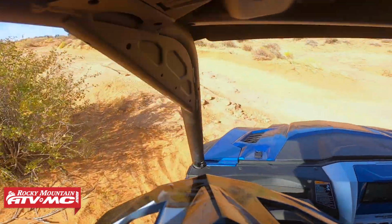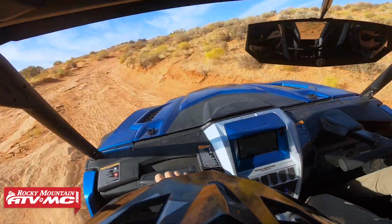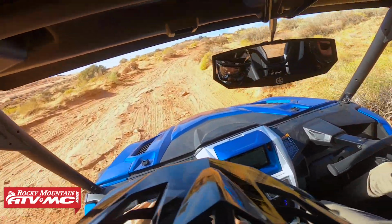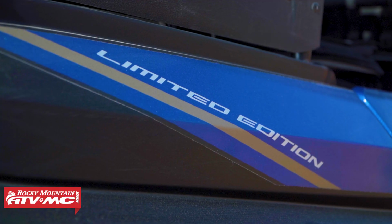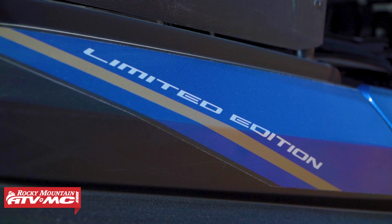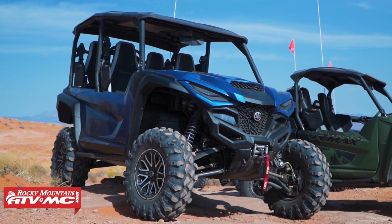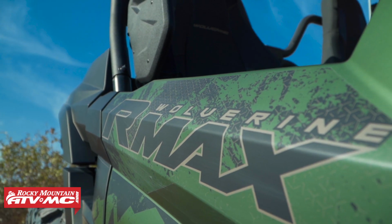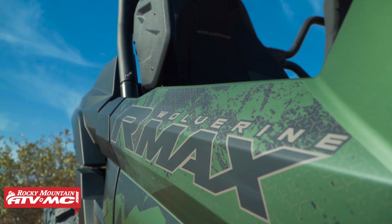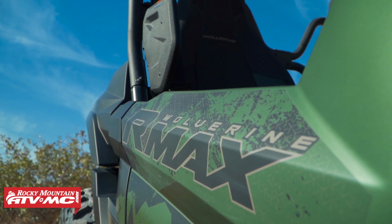All right, so we're in the machine for the first time, getting our first taste of the new RMAX 1000. So let me preface this by saying that there's three models to this machine. You've got the limited edition, which we're actually in right now. You've got the XTR, and then there's the standard model. And I'll touch a little bit more on the differences between the different models, but first of all, I just want to talk about how this thing feels in the cockpit,